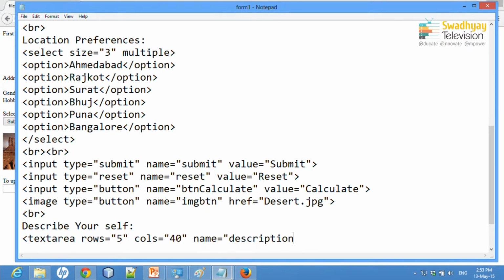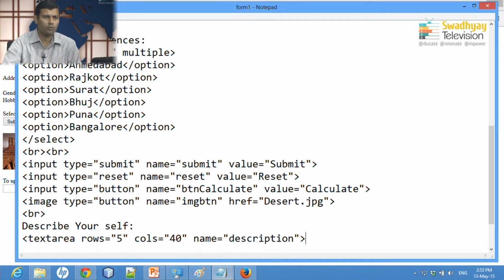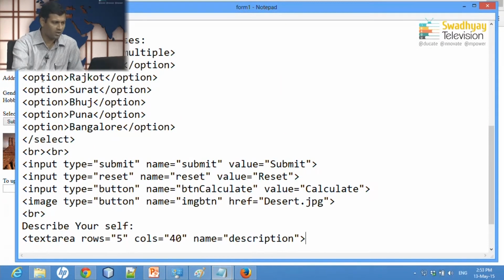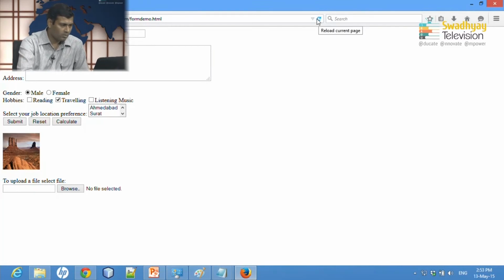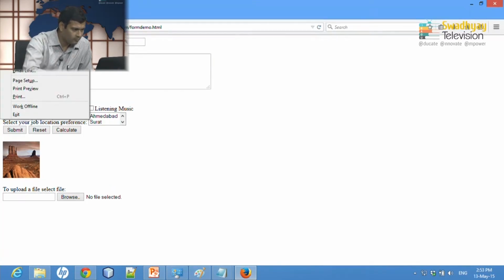Though it is not compulsory, I strongly recommend writing it, because this attribute will be helpful when you do coding for your server side scripting language. ID you should also write, but at least name or ID, anyone you must write. So I go to the file, save, and now if I reload my file